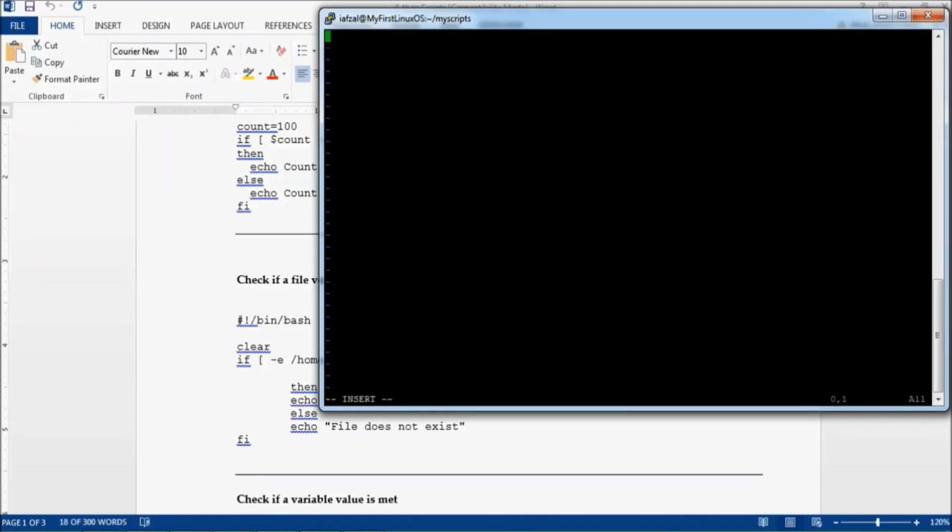I'm gonna define the variable which I already copied, and the first command I have is clear. It means when the script runs, it's gonna clear the screen. I don't want to see anything that's already on the screen. Next thing it's gonna do is if